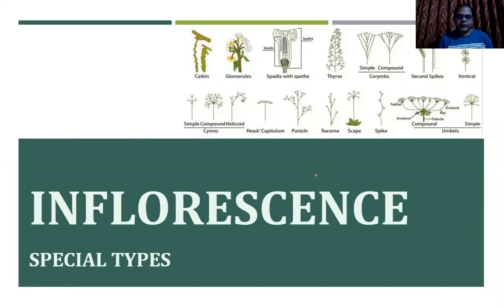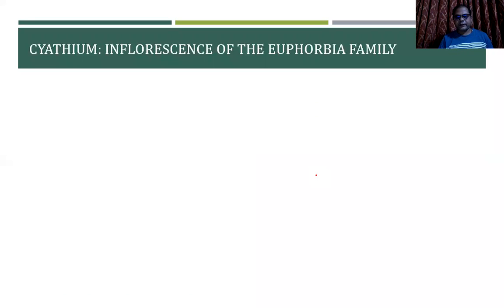So we talked in the last videos about the different inflorescences: the racemose kind of inflorescence, the cymose kind of inflorescence, and we have also checked the solitary kind of inflorescence. Let's talk about the special types of inflorescence. In case of a special type of inflorescence, the first is the cyathium inflorescence, that is seen in